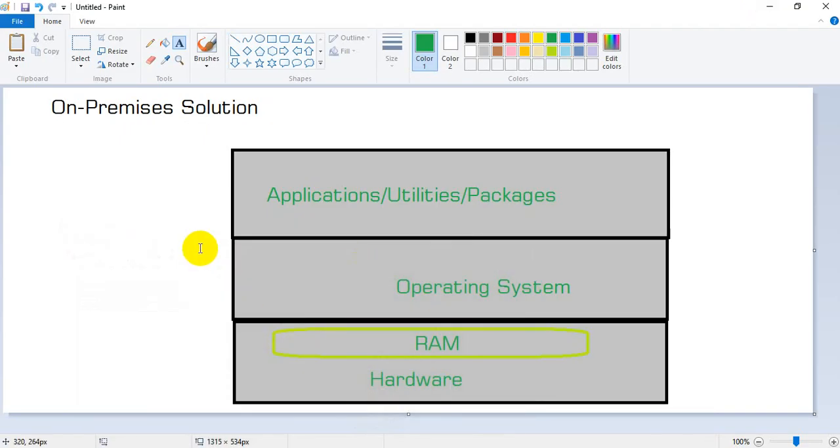So now look at this. In on-premises solution, you buy hardware from the market, and there are many hardware devices in this one hardware, like RAM, CPU, etc. For example, we are talking about RAM now. There is hardware known as RAM, and there is operating system, and there are applications or utilities or packages installed over the operating system. So in on-premises solution,